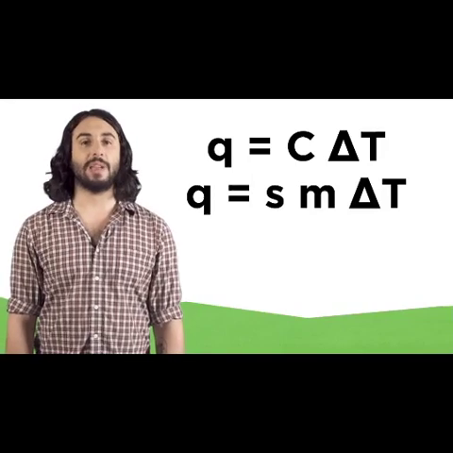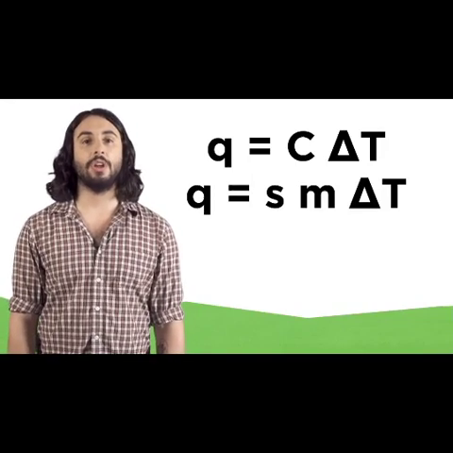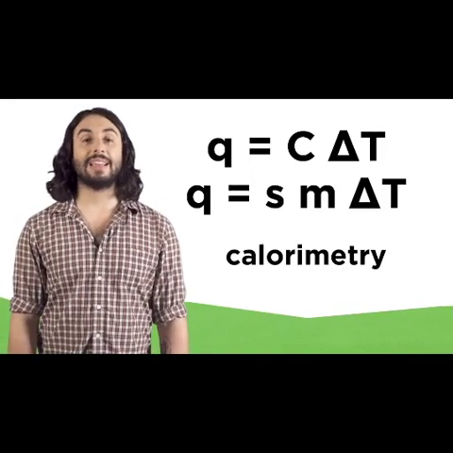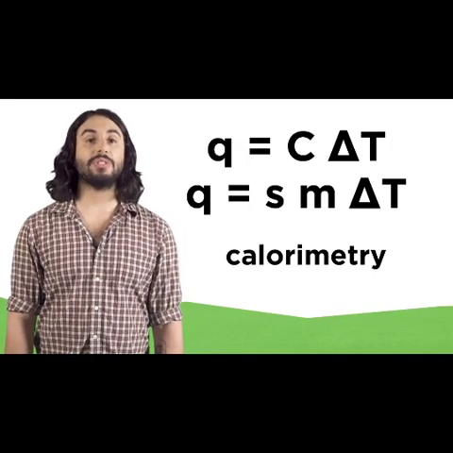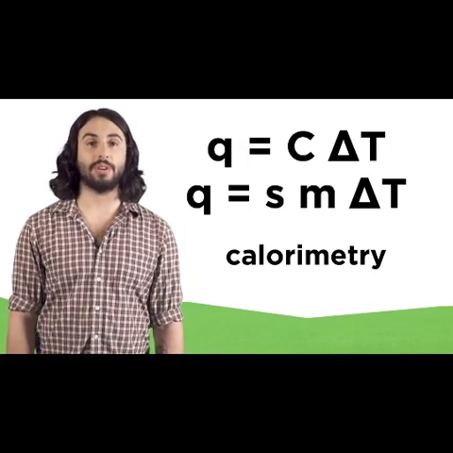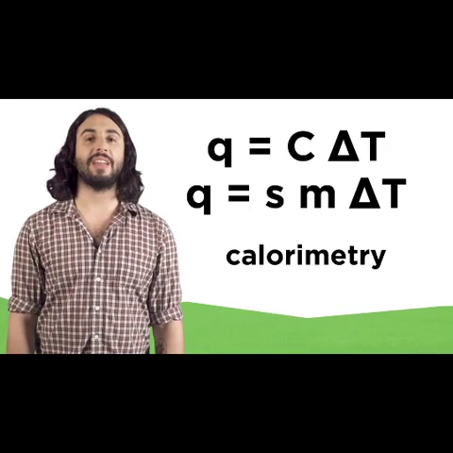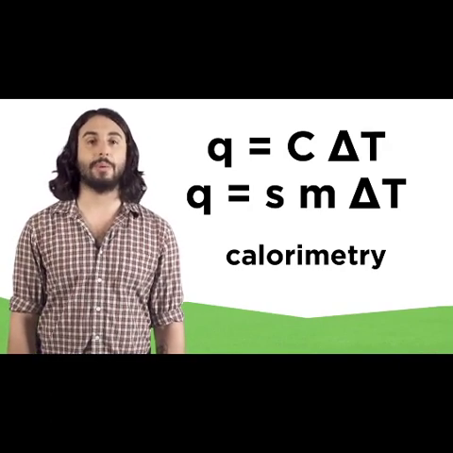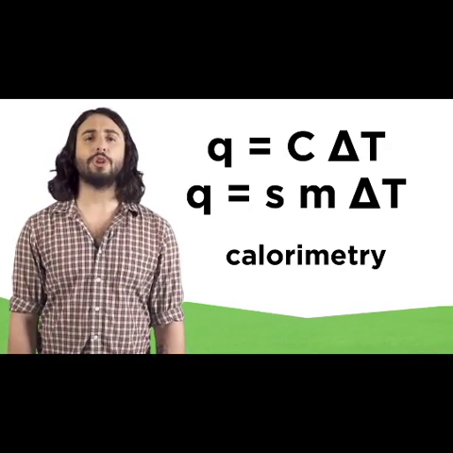We can use this information to learn about heat transfer using a process called calorimetry. For those of you in an introductory chemistry course, you'll probably do some variation of a coffee cup calorimeter experiment. Let's look at how those work. A coffee cup is a pretty good insulator. That's why we use it for coffee, so that the heat doesn't escape so quickly and the coffee stays hot